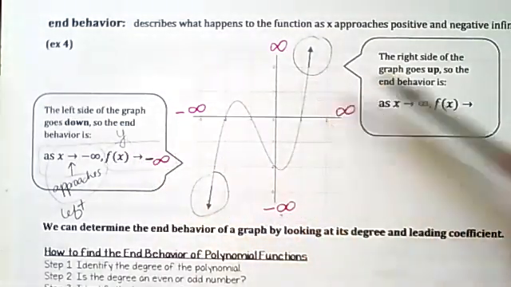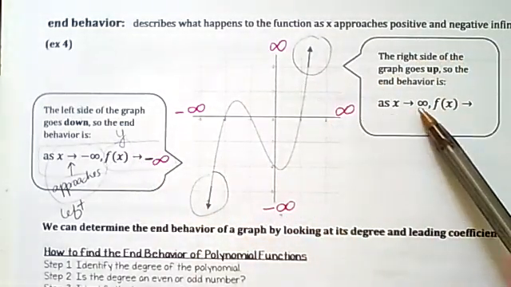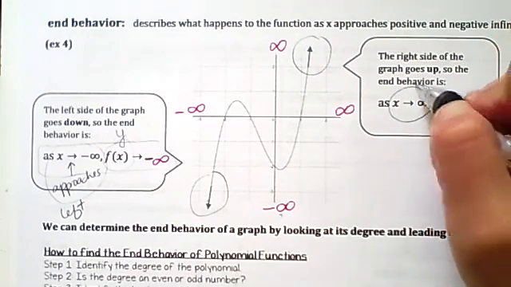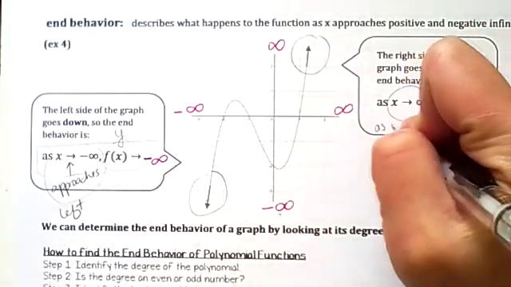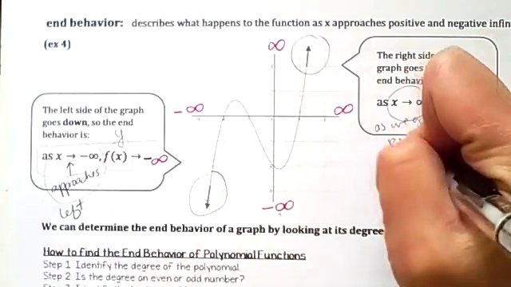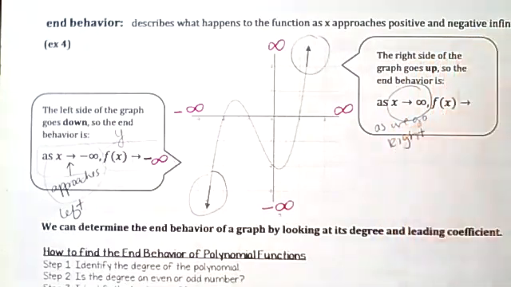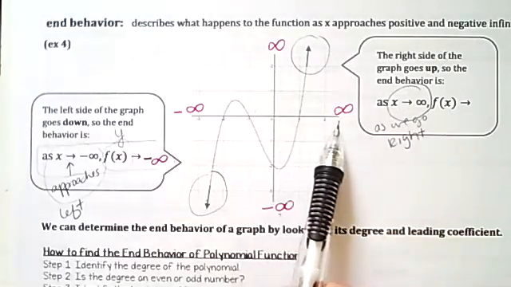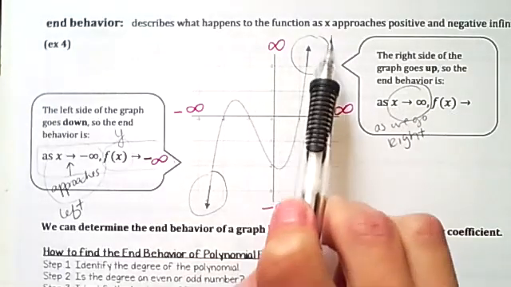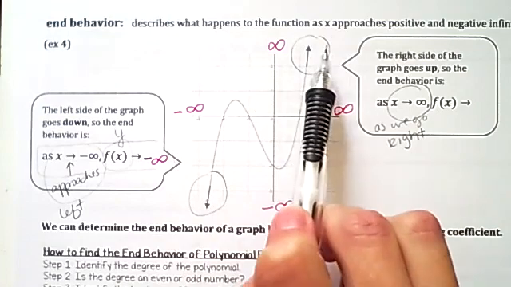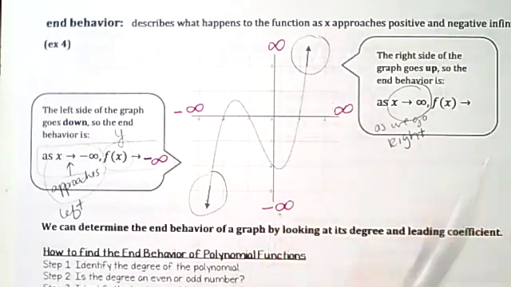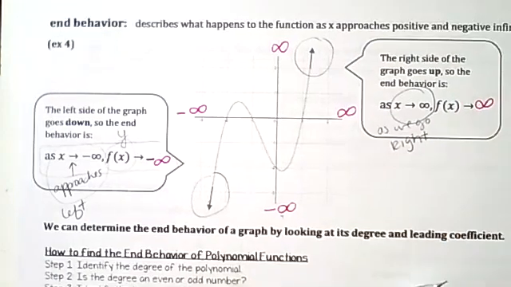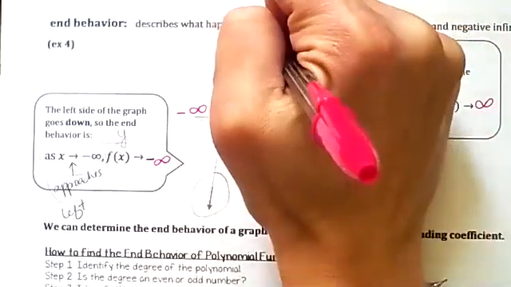On the right-hand side, as x approaches positive infinity, so this is as we go right, what is y doing? As this graph moves to the right towards positive infinity, do we see how it's going up? Going up means we're going to positive infinity. So to fill in this blank, it would just be infinity. So this is up, down,